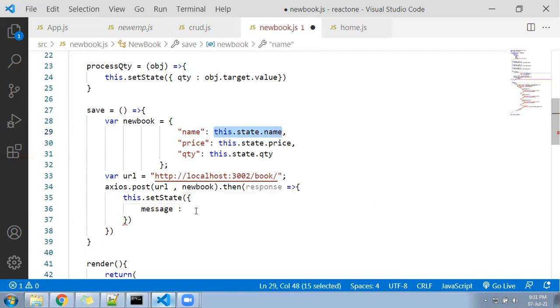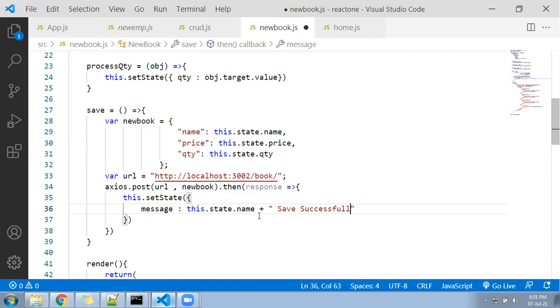So I'll write here this.book.name plus "save successfully". What do you mean by this line? This line is saying, suppose if you are saving Java, it will come Java saved successfully. If you are saving Python, it will say Python saved successfully.